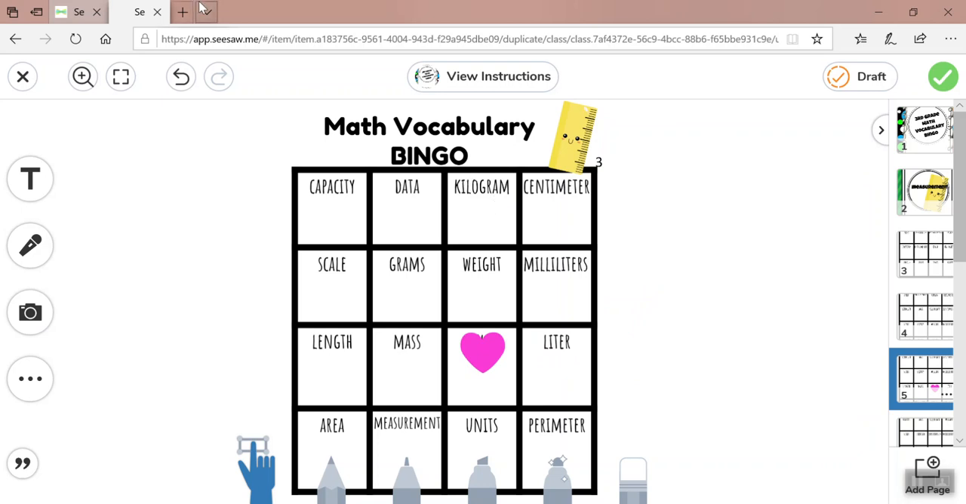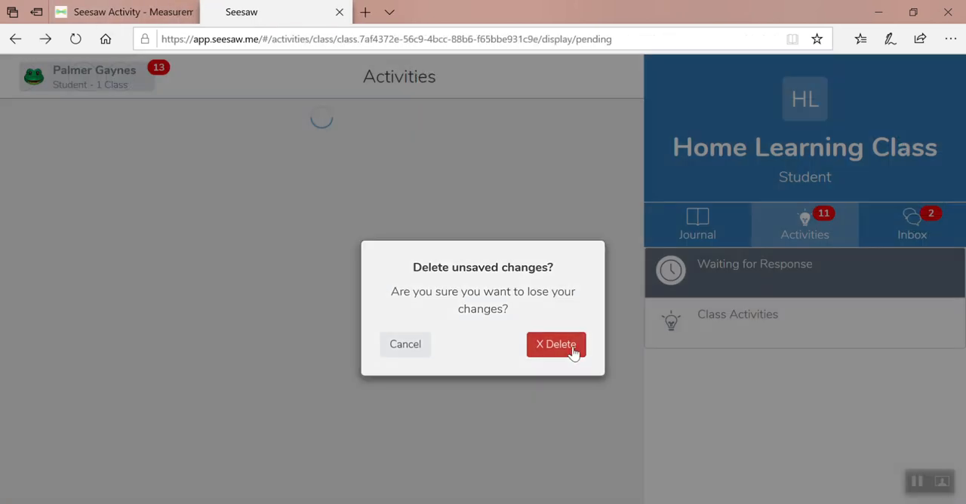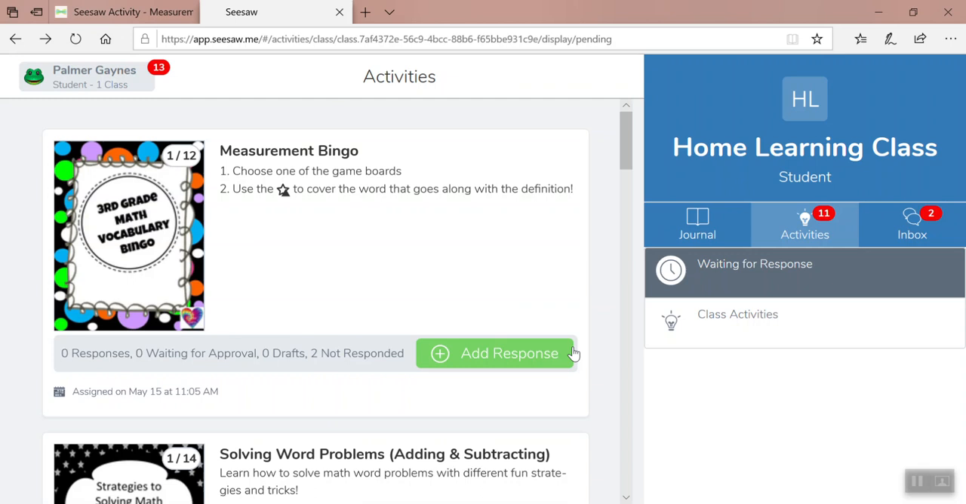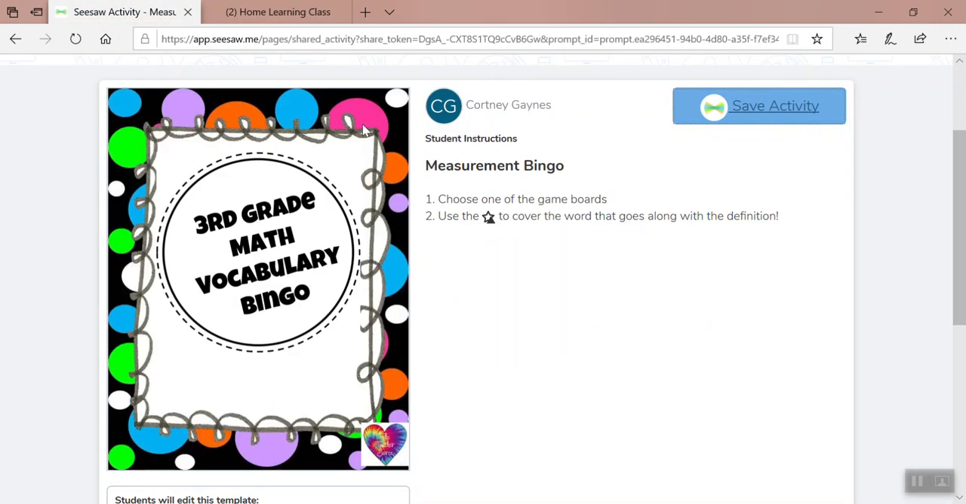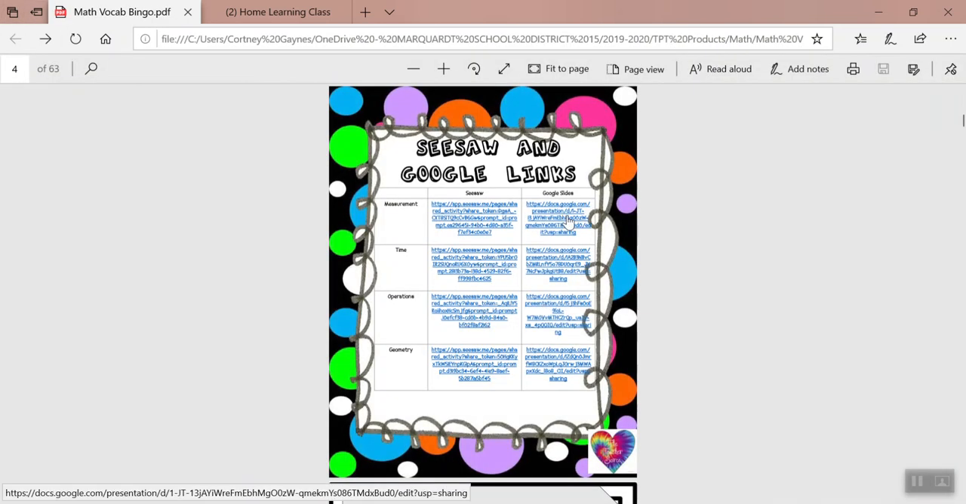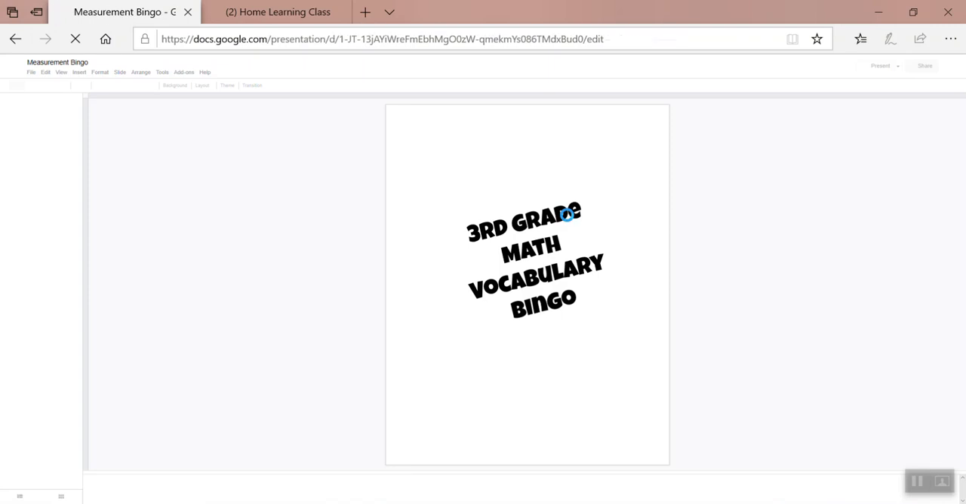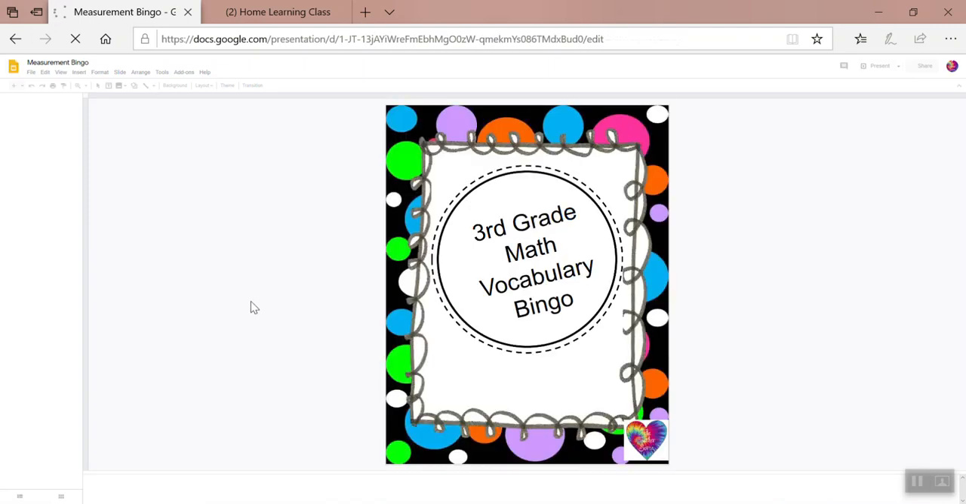You also could play this for distance learning as well. If you're on a video and you are calling off the definitions, the kids can pull up this Seesaw link or the Google Classroom link and cover up their words as well. Let me show you on Google Slides how this looks. Similar but a little bit different. When they pull it up and you assign it to them,